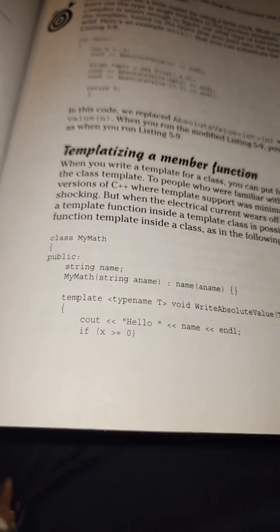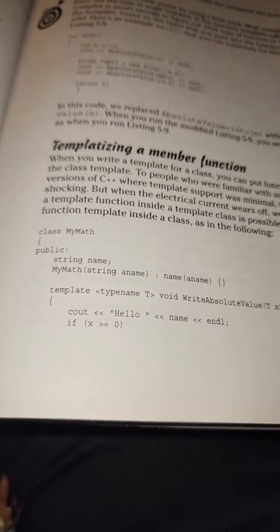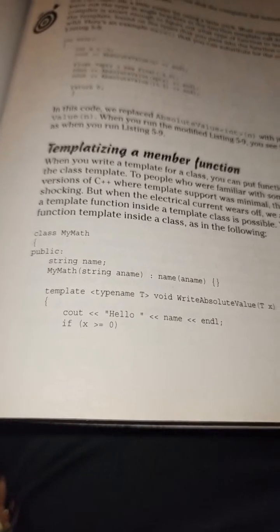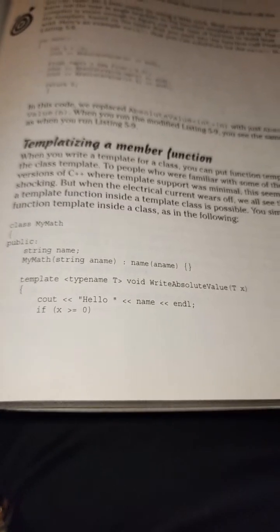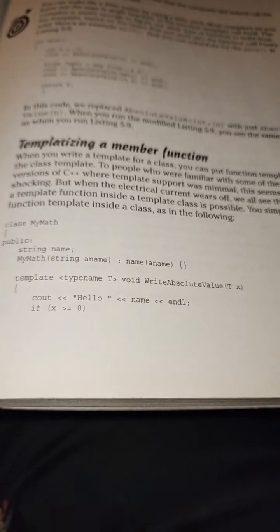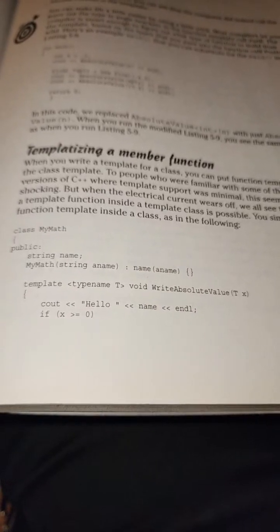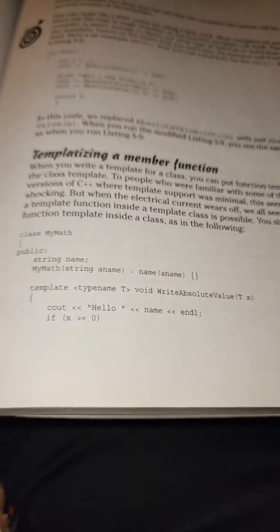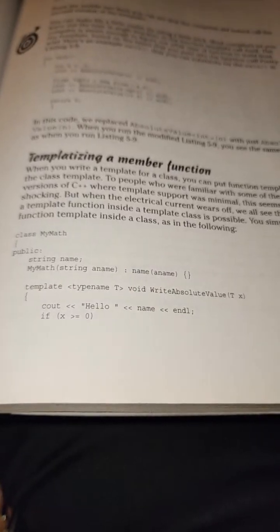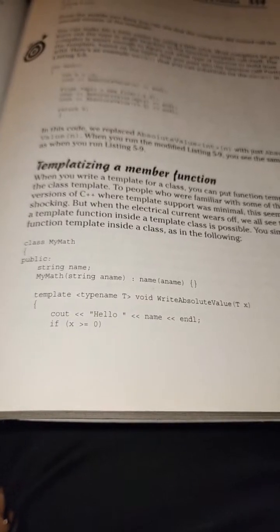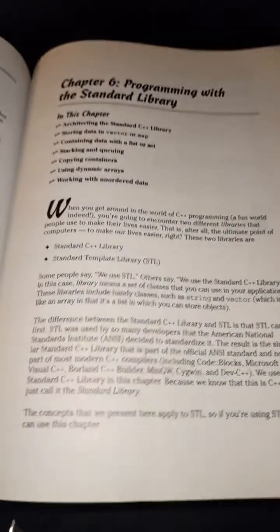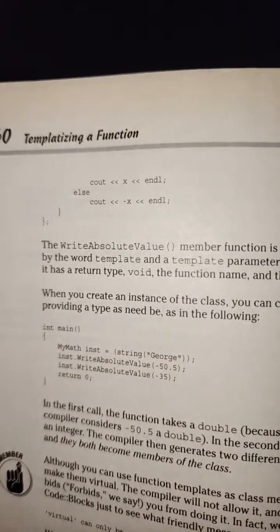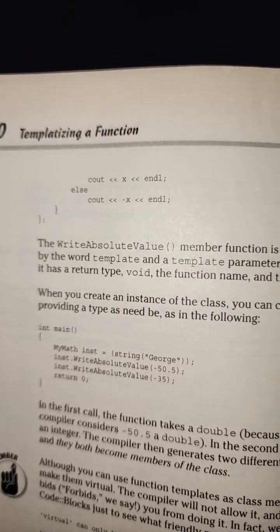class MyMath { public: string name; MyMath(string name) : name(name) {} template <typename T> void write absolute value(T x) { cout << "hello " << name << endl; if (x >= 0) cout << x << endl; else cout << -x << endl; }